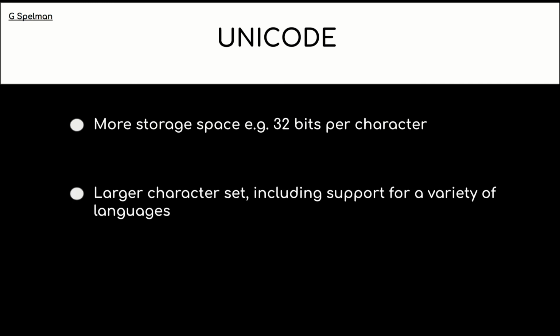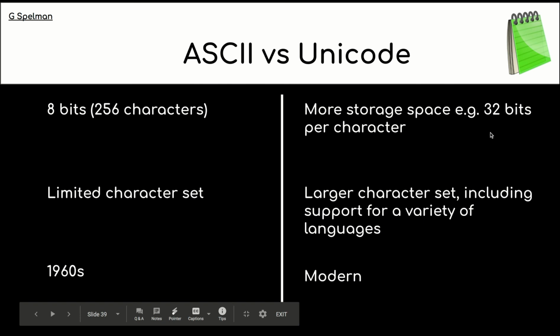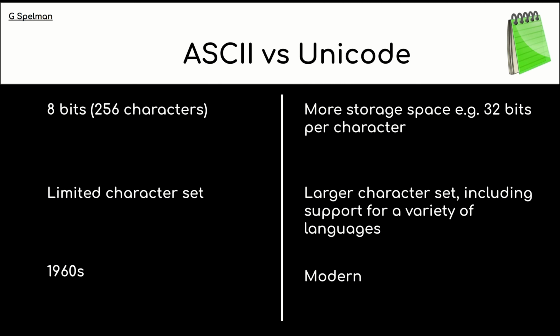So it has a larger character set, including support for a variety of languages. It's more modern than ASCII. So let's look at them side by side. Unicode has more storage space, a larger character set, and is more modern. This is something that you do need to take from this lesson. So if you take these notes down in your green book,